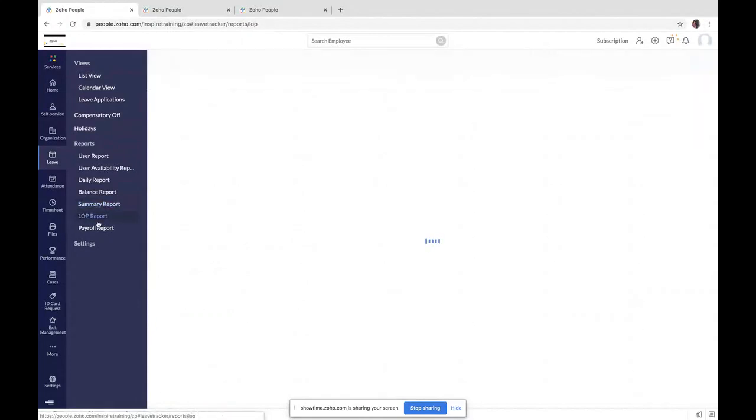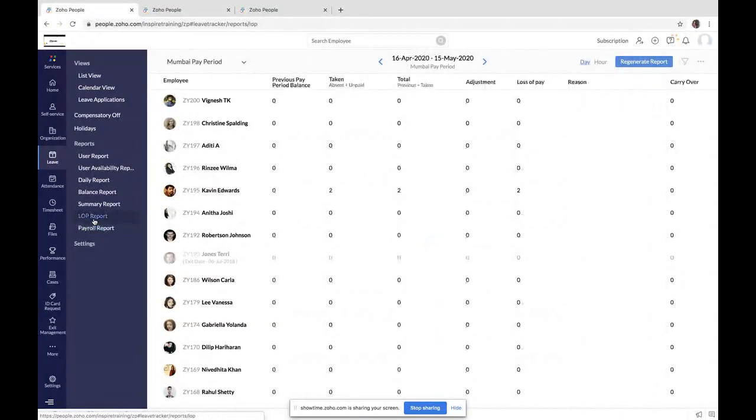Moving to the next report, LOP. This LOP report and payroll report are very useful in terms of payroll processing. So the LOP data can be captured here. If you wish to make any adjustment to your LOP based on employee-specific conditions, you'll be able to do a modification, or give an LOP adjustment and provide a reason why you're doing it. If there are any ad hoc changes, you can always click on regenerate report. So once again, the LOP data will be recalculated based on the pay period that you have defined.